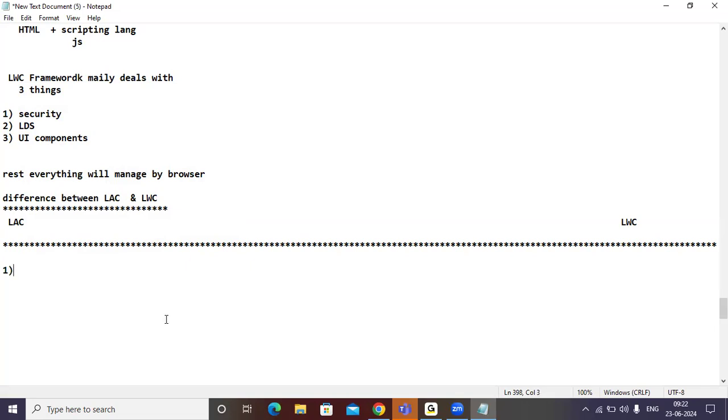So the first difference between LAC and LWC is that LAC is open source. This point was already discussed yesterday. Whereas LWC is not open source.